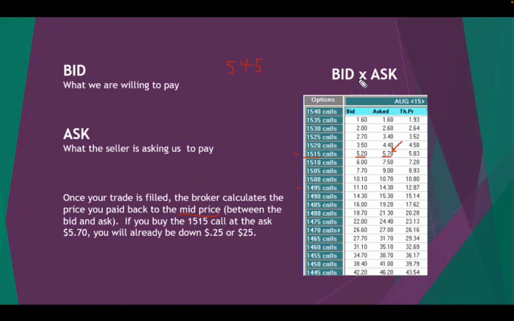So bottom line here is you always want to try to get the contract on this side, closer to this number, not this number. This is the bid, what you want to pay for it. This is what they want to sell it to you at. But look down here. Look at this. 16, 19, 20. You don't want to pay $19, $18. You want to put your order in around $16.50, maybe $17 if you really want to get filled. And you wait until you get filled. And if you don't, you don't. You don't want to pay more than you want to pay.